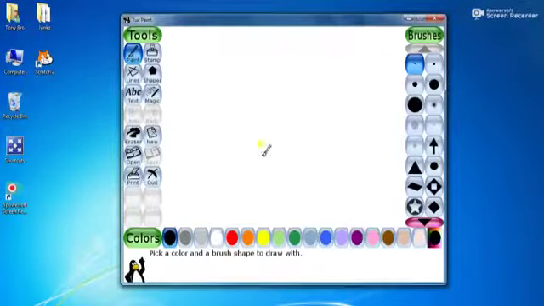Now it is displayed on the desktop. You see the title bar of Tux Paint. The control buttons are here, top right corner.